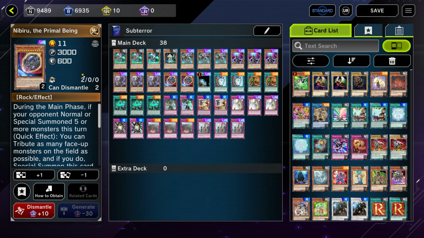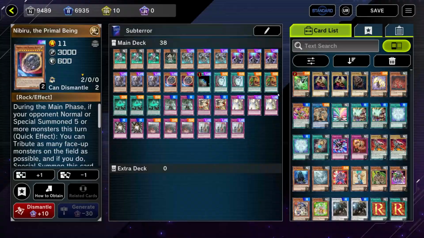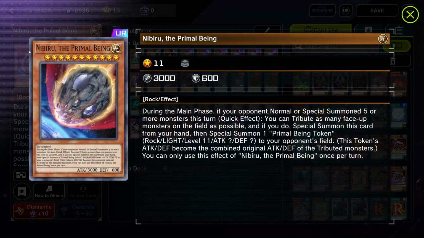And the cool thing about Nibiru is, let's say you're going first and you have Nibiru in hand. Read what this says. You can tribute as many face-up monsters on the field as possible. So that means if you have a face-down Subterror Guru, it will not get tributed by Nibiru. So you won't even clear your own field. How hilarious is that, right? And yeah, as for dealing with the Nibiru token, we have multiple ways of dealing with a Nibiru token, which